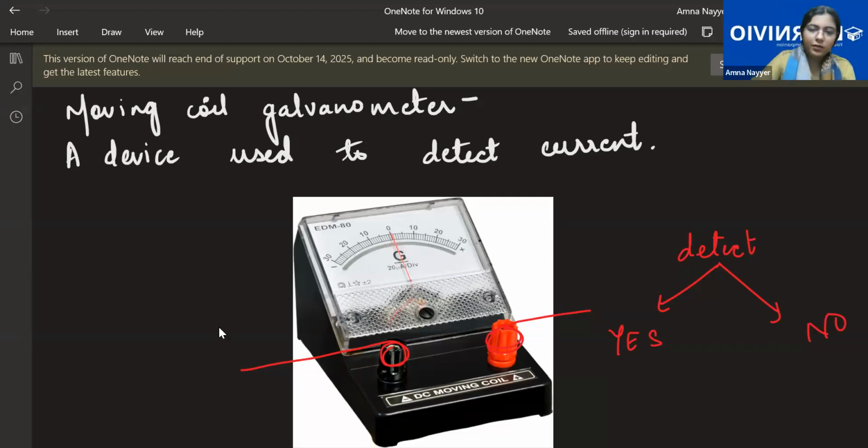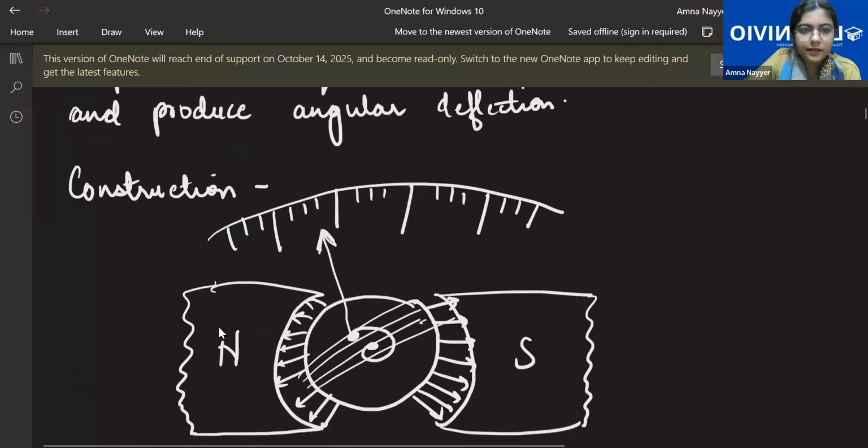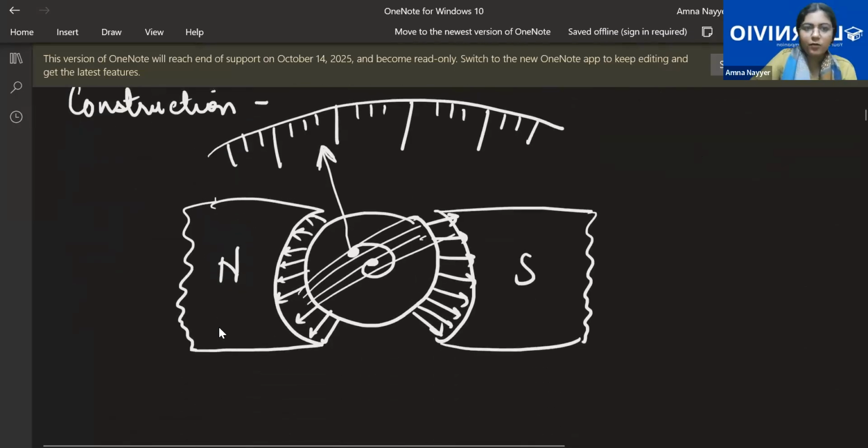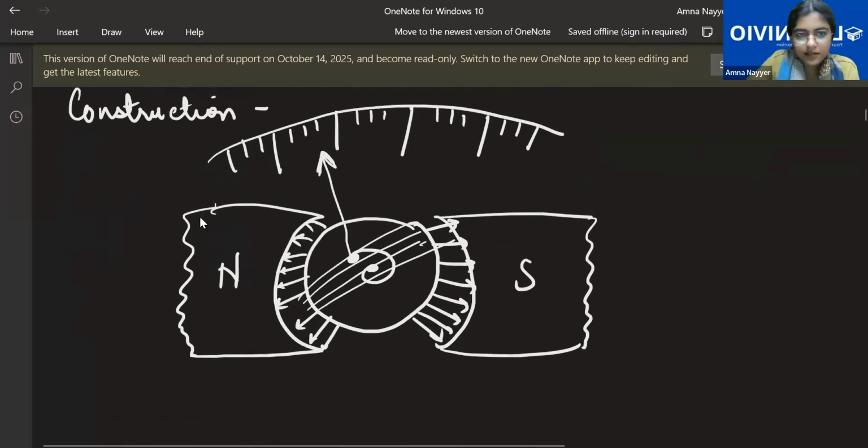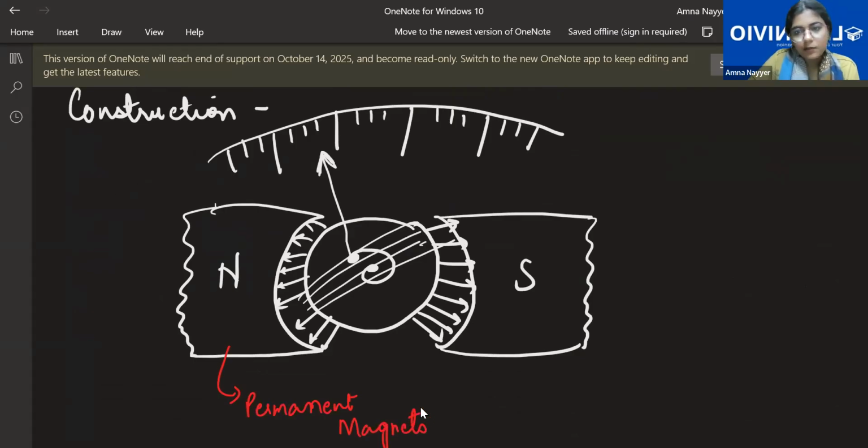Okay, let me tell you the mechanism, then I think it will be a little clearer. First, let me tell you its construction, then this part will be clear. See, how it is constructed is you have permanent magnets like this. What are these? North and South Pole magnets. Permanent magnets means those are actual real magnets, meaning you have not magnetized a substance. There are certain substances that are not magnetic in nature, but they can temporarily be magnetized. So these are actual permanent real magnets.